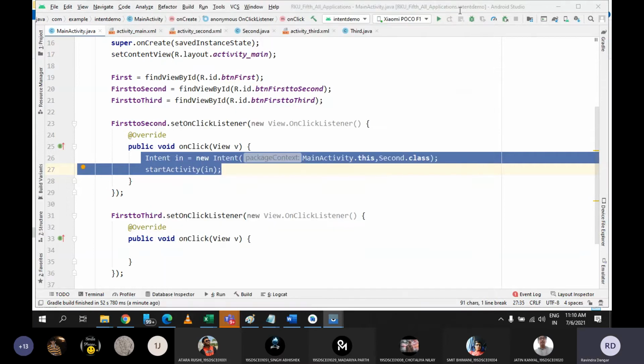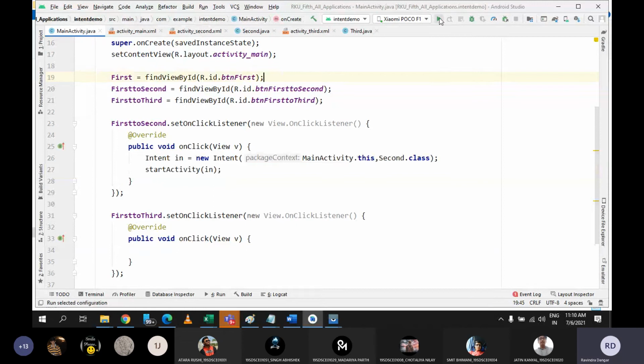Wait for a minute. And now let's run this application on my mobile.